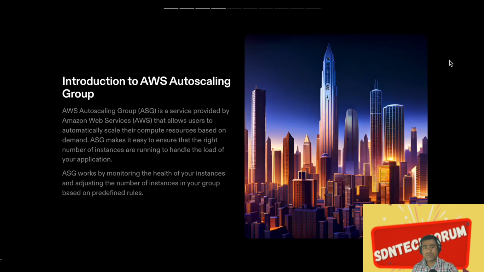All right. So, introduction to AWS Auto Scaling Group. What is ASG? And we will refer to it as ASG. AWS Auto Scaling Groups is a service provided by Amazon Web Services that allows users to automatically scale their compute resources based on demand. So it is not like any physical service or managed service. It's mostly a concept, or say a workflow, which allows you to scale your application